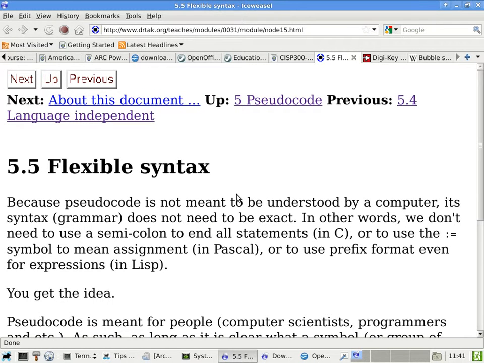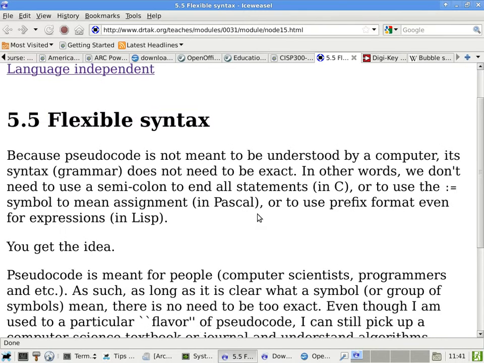And it is also flexible at the same time. In other words, you don't have to use a particular way of saying something. If someone writes in pseudocode this, I understand x is greater than y. But what if the next person is going to say x is greater than y? I can understand that as well. So pseudocode gives you some flexibility as long as the next